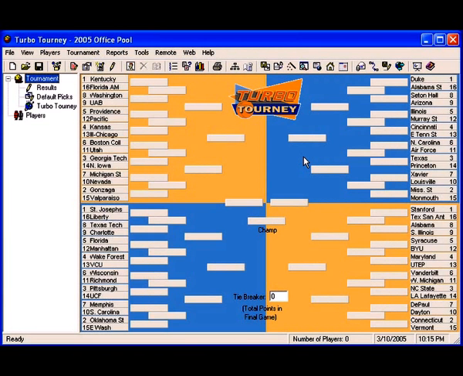So that was just a quick overview of some of the basic settings that you'll need to configure to get your pool started with